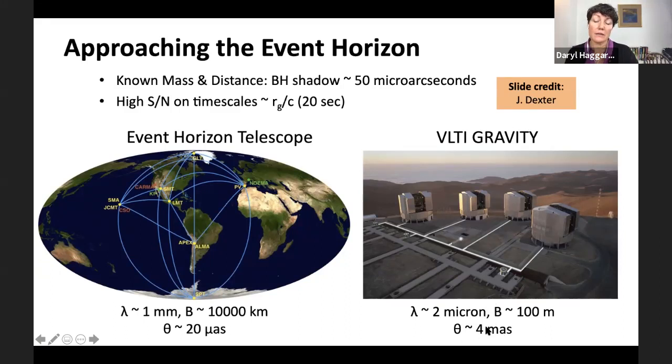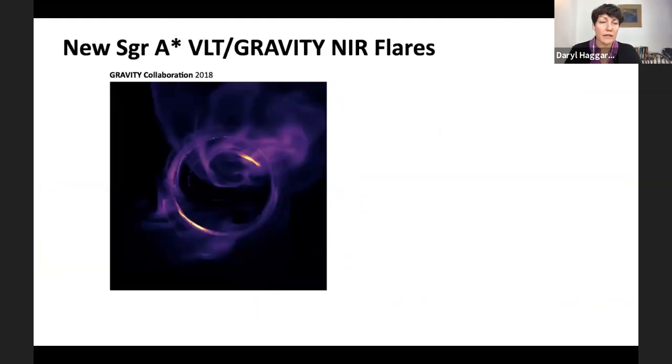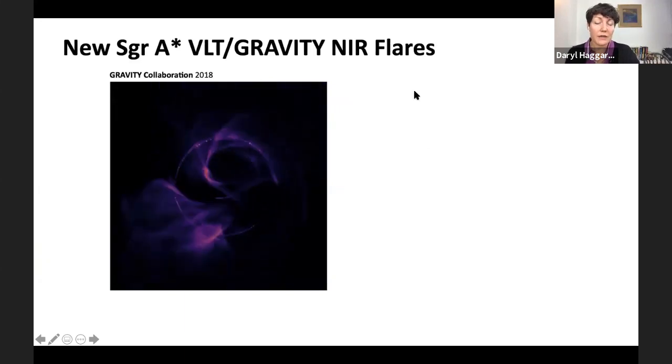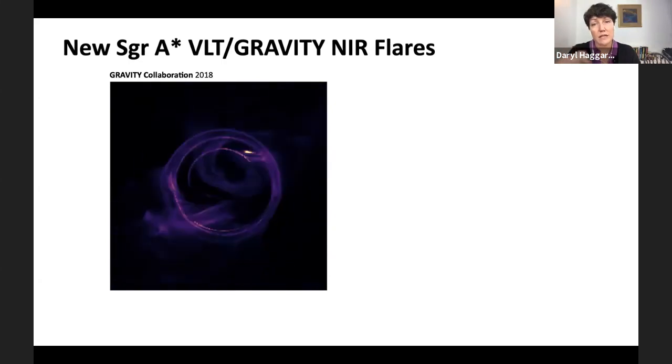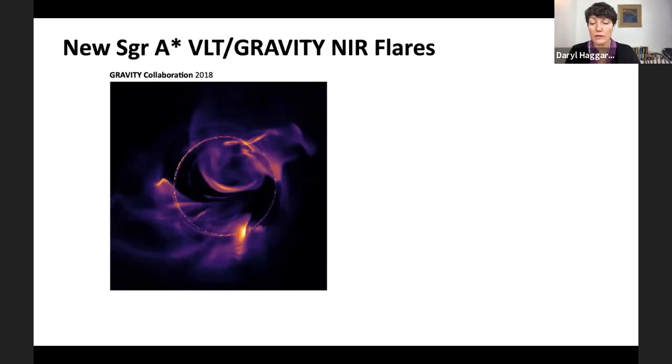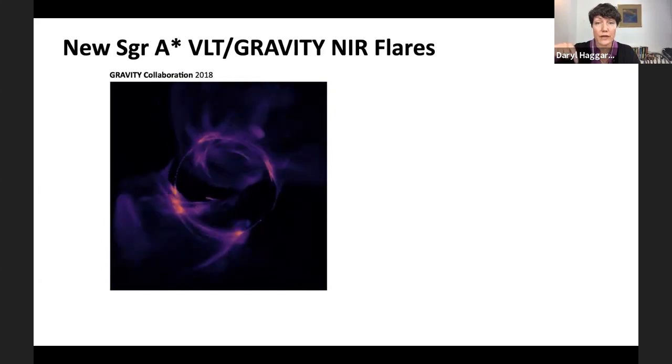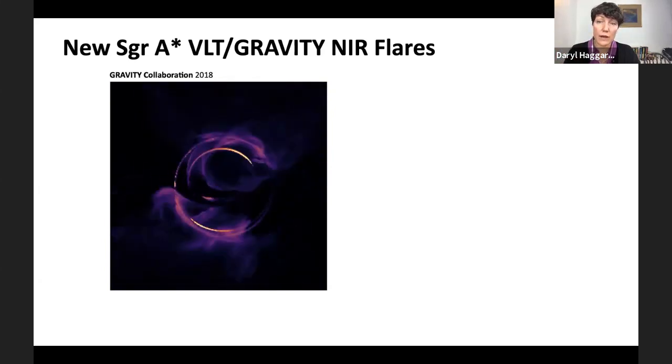Here you're getting resolutions of something like 4 milliarcseconds versus the 20 microarcseconds that the EHT can do. But this is still getting you very close to the event horizon and really getting you down to being able to start to look at the orbital motions of material near the black hole and try to connect that up to flaring phenomena. So this is the little press release GIF that they put out, a simulation of what might be going on if it is indeed hotspots orbiting near the event horizon that are giving rise to these flares that we see in the X-ray and in the infrared